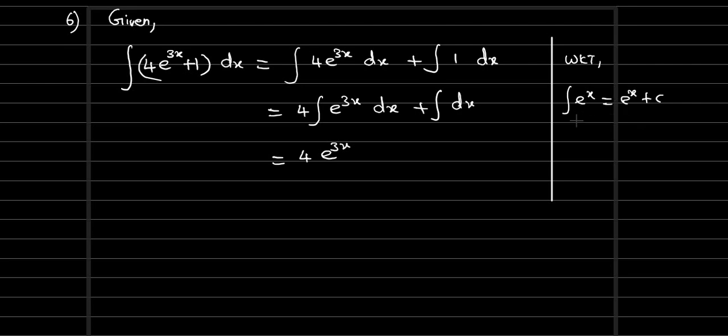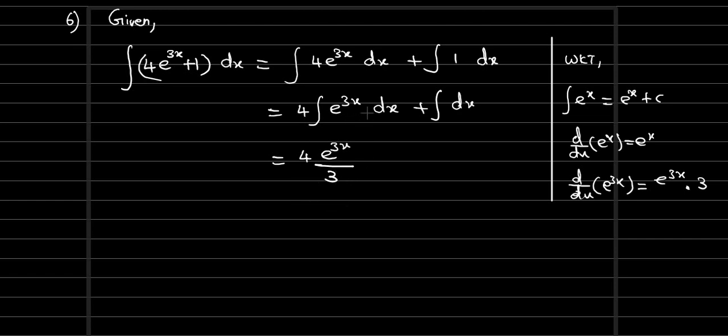And normally in the standard formula x doesn't have any coefficient. But here x has a coefficient, that means we have to differentiate the x function and then write it in the denominator. Normally in differentiation the x coefficient will be written as a product. So e power x differentiation is e power x itself, and e power 3x differentiation is e power 3x itself, and 3x again we will differentiate by chain rule and write it in product form. When it comes to integration, the same 3x has to be differentiated and we have to write it in the denominator. That's all.